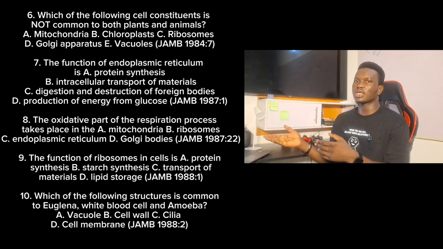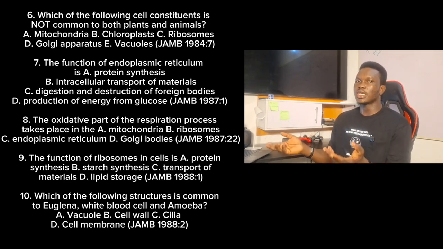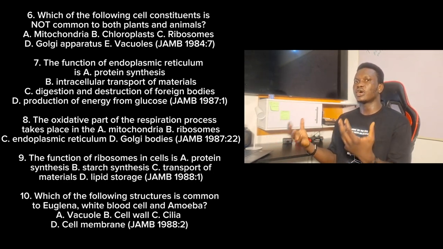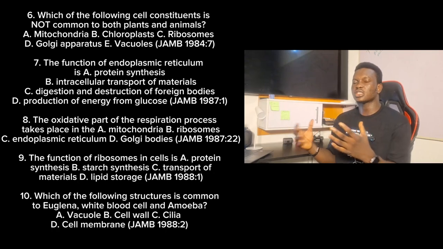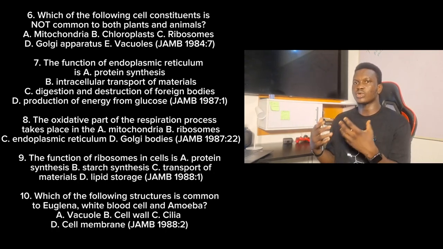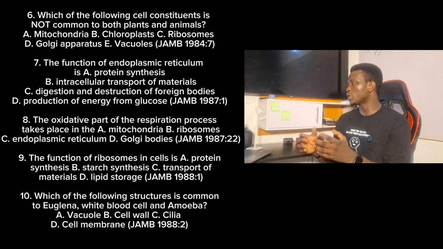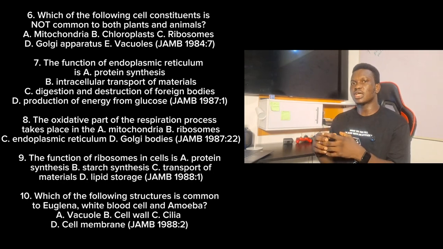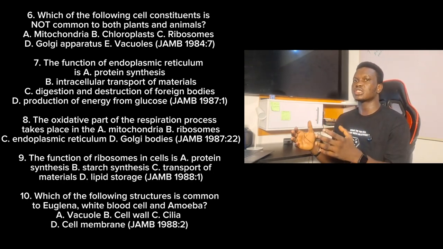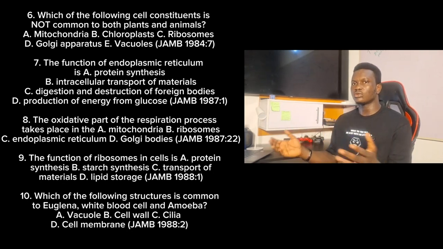So we have the contractile vacuole in amoeba and the likes, but we already said that vacuole is majorly present in plants because it's going to be very large and it's going to be useful for plants to excrete their waste. So the best answer is option B, the chloroplast. Why I'm explaining each of them is that it's very important to understand the function. So when you see a question that has to do with any other one, then you can deal with it